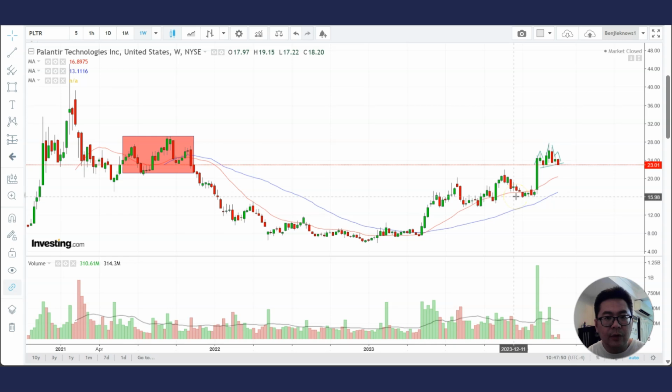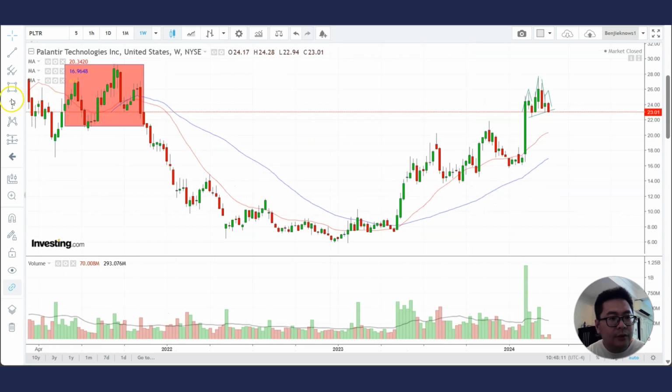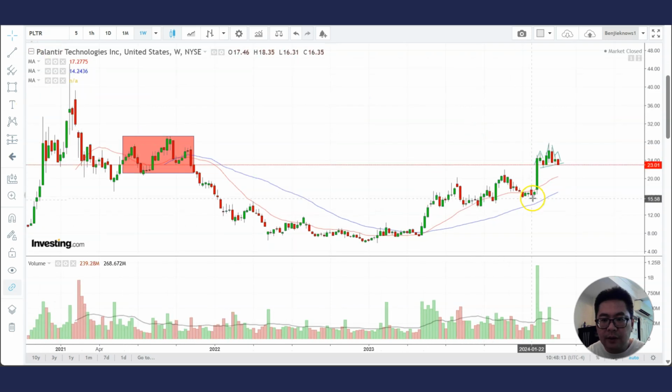There is a reason why we sit on our hands, why we do analysis. We do analysis to wait for the correct moment. You don't need to trade the stock every single week or every single day, because what is important for us is to find quality setups. Okay, and you can see here that in the weekly chart, it provided a quality setup here where it kind